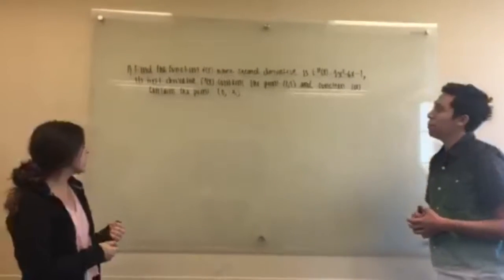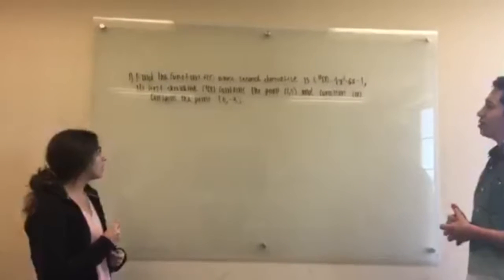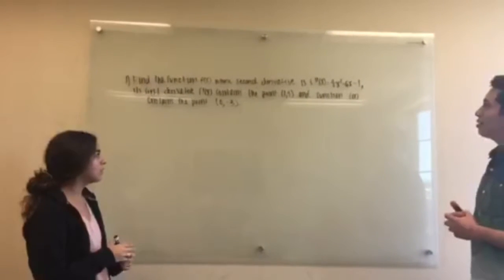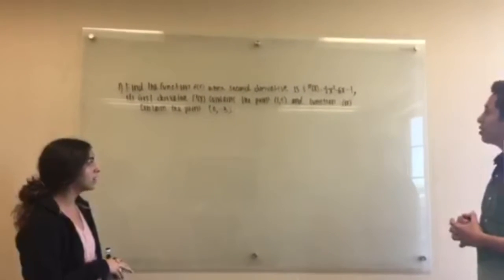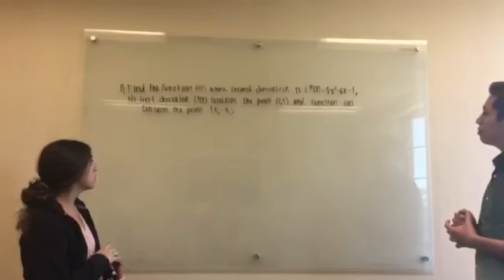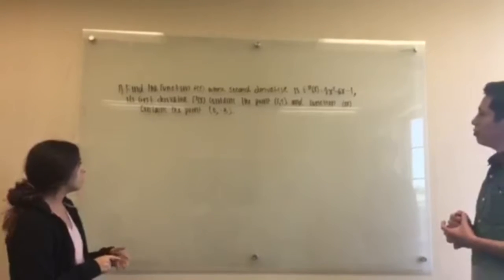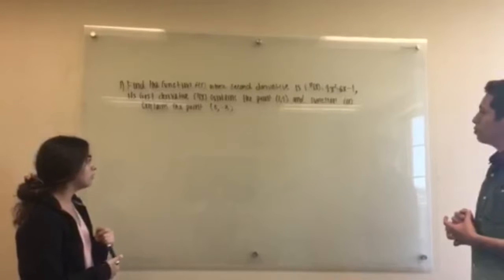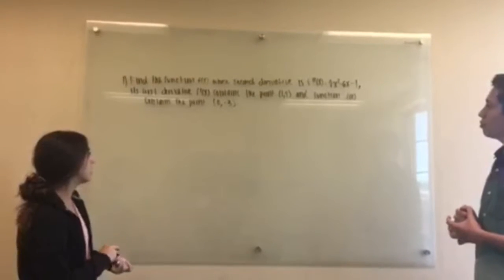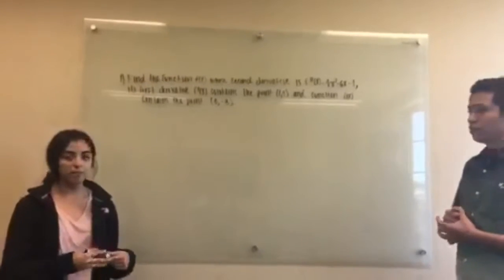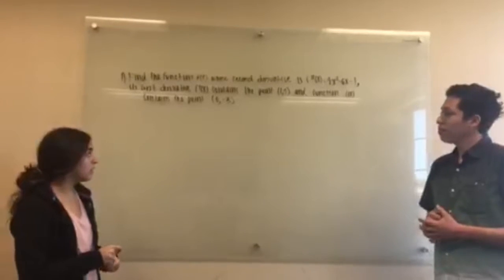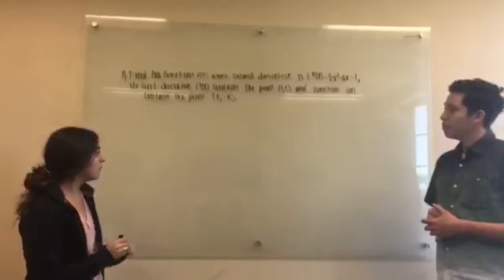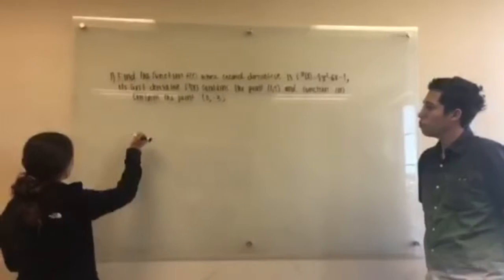So problem 1 states, find the function f of x whose second derivative is f double prime of x equals 4x to the third plus 6x minus 1. Its first derivative, f prime of x, contains the point (1, 4), and function f of x contains the point (0, -3). So to begin finding the antiderivative of f double prime of x, you start with an integral